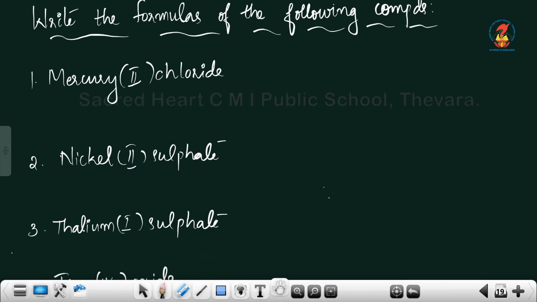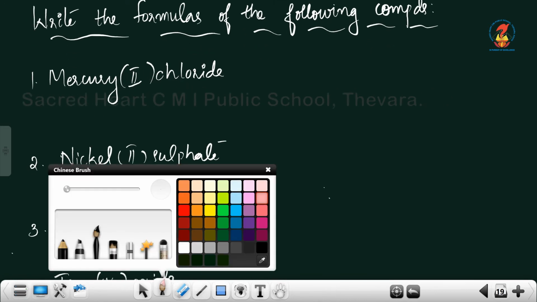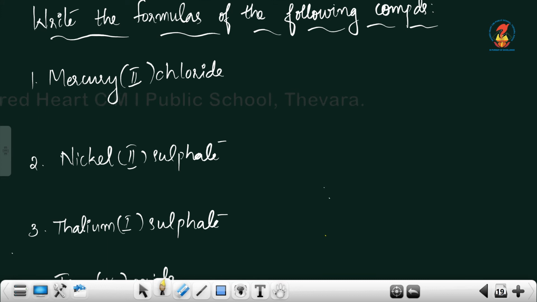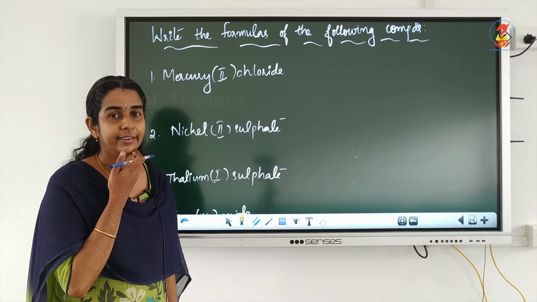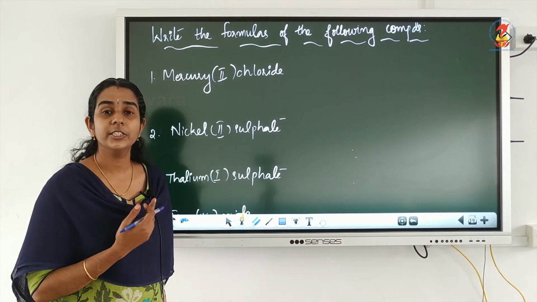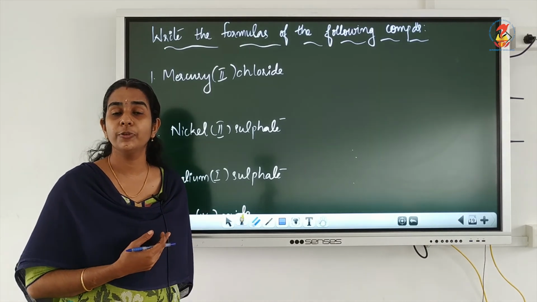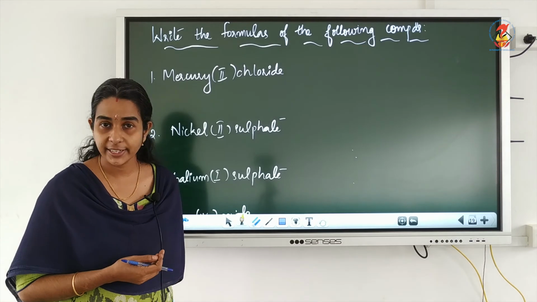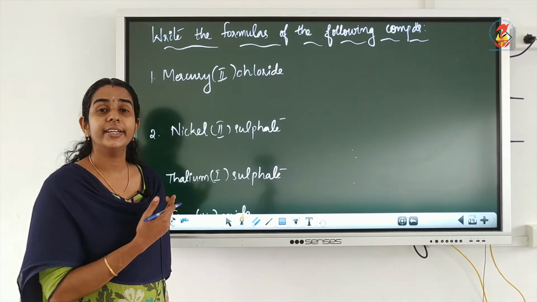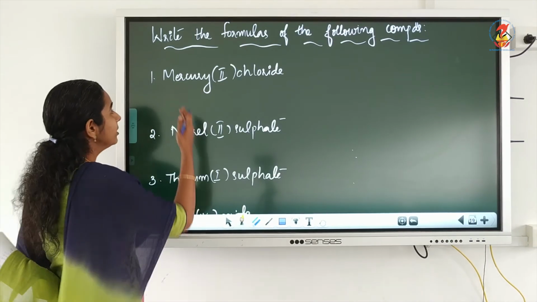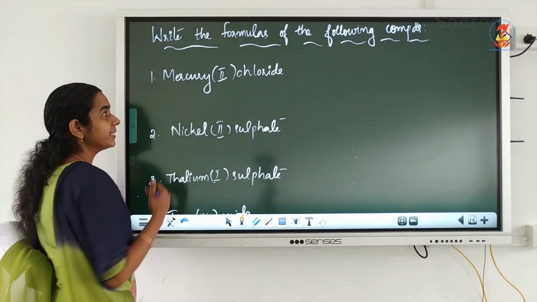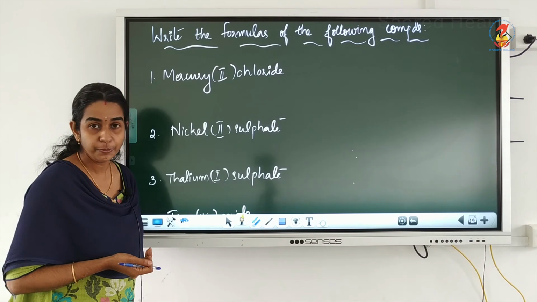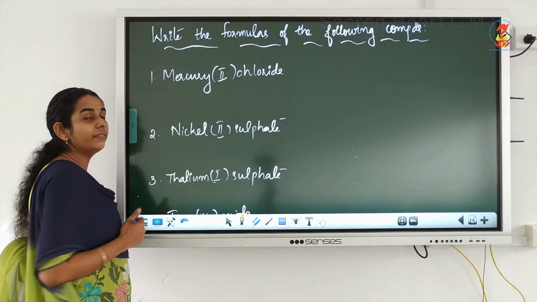how to write the molecular formula of the following compounds. This you have already studied in 9th standard. From smaller classes onwards you are studying how to write the molecular formula by transposing the valencies. So here we will be writing the stock notation also. So first it is given as mercury 2 chloride. So what is this 2 representing? That is the oxidation state of mercury. From the formula given it is clear